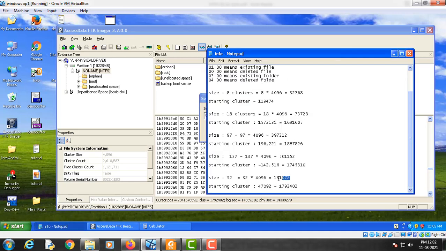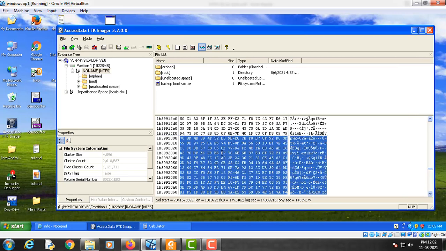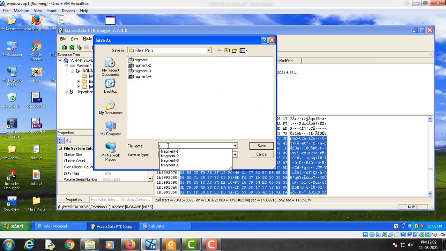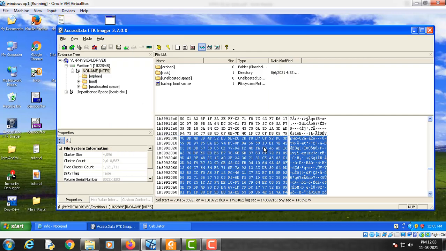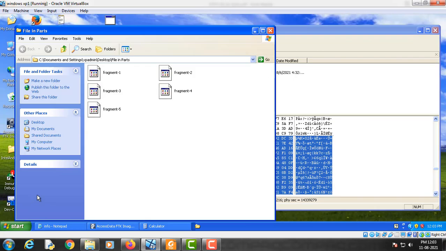Now save selection and save it by the name of fragment 5. Okay, so now let's go to this folder, file in parts. We have collected or copied all the five portions of the file.